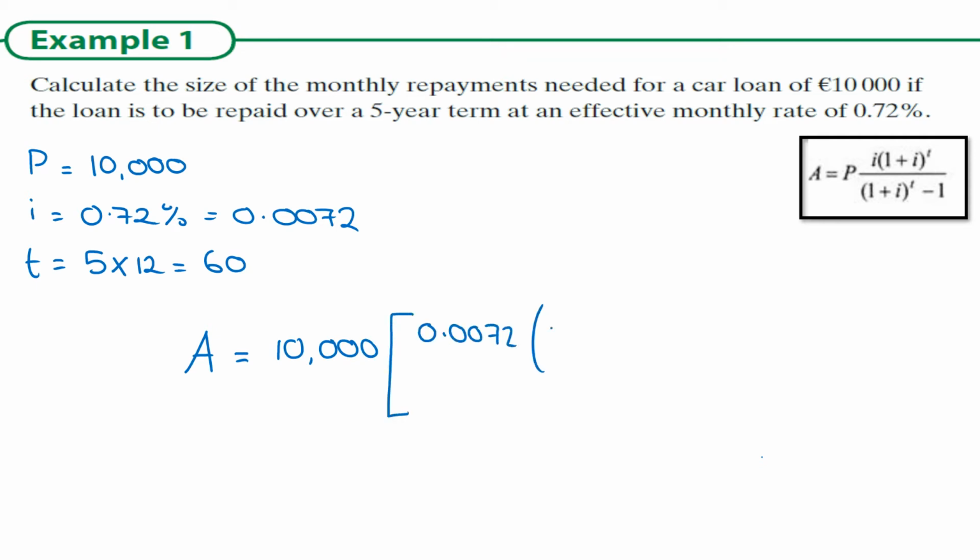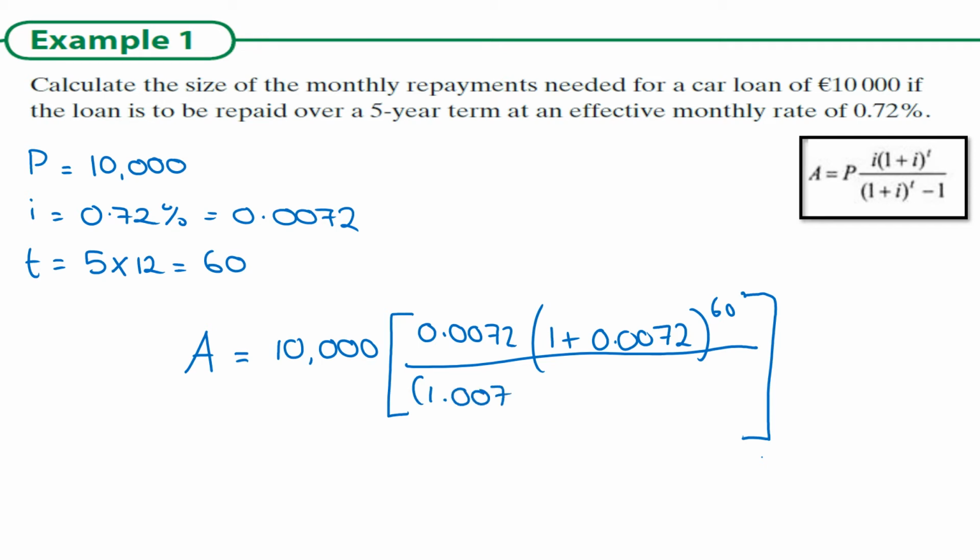In this case the monthly repayments are going to be 10,000 times 0.0072 times 1 plus 0.0072 to the power of 60, all over 1.0072 to the power of 60 minus 1, and that can all go in our calculator. And that works out at